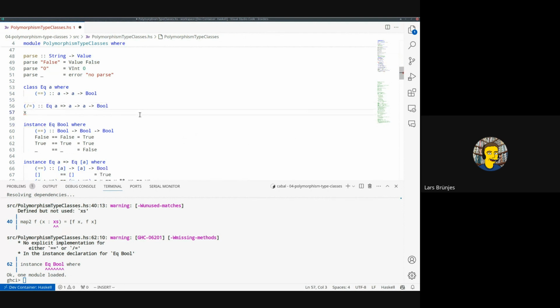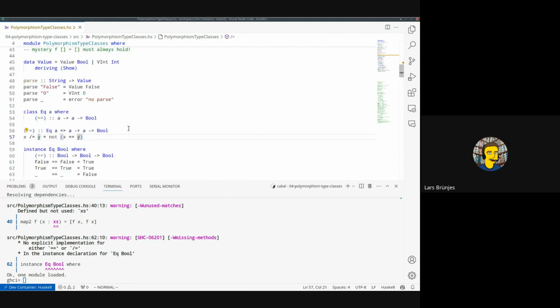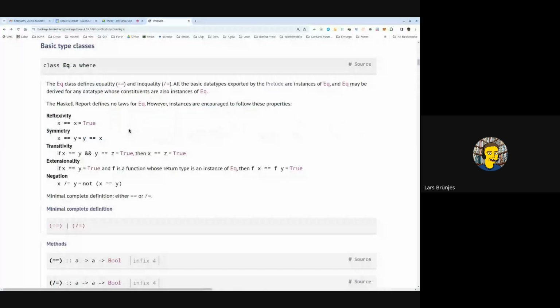And then we can just define it as not x equals y. So that's the proposal: to remove it, so that the class Eq only has this method, and not equals is just defined as not equals. So yeah, that's the proposal. And maybe that's mentioned later in the lecture somewhere, but now that we are on this page,